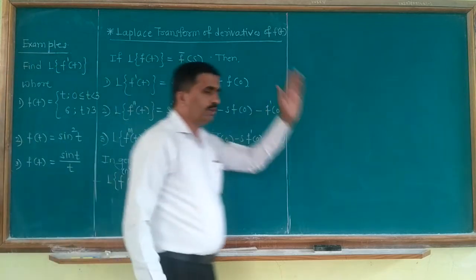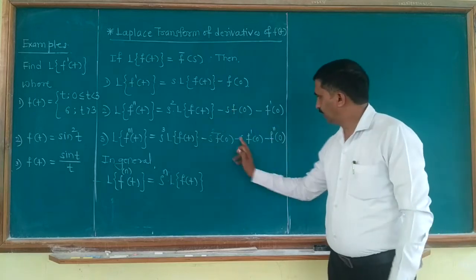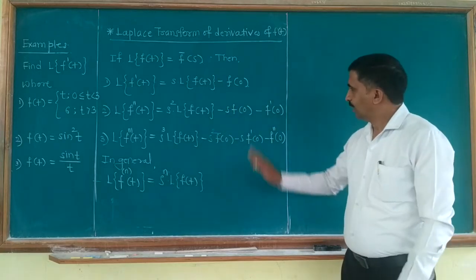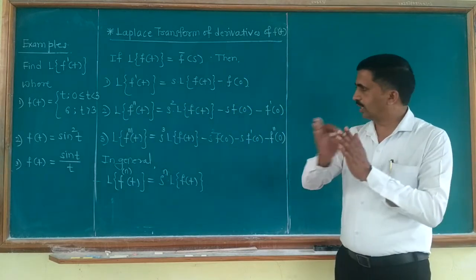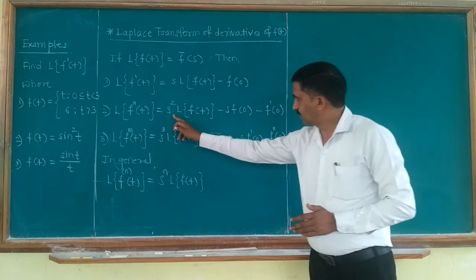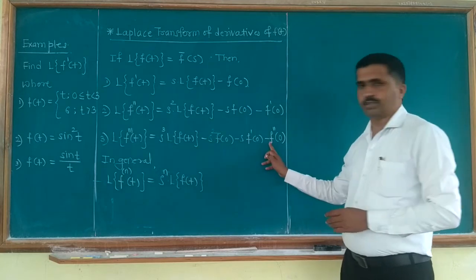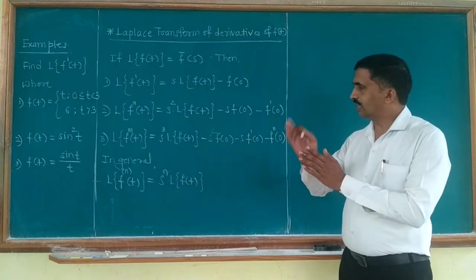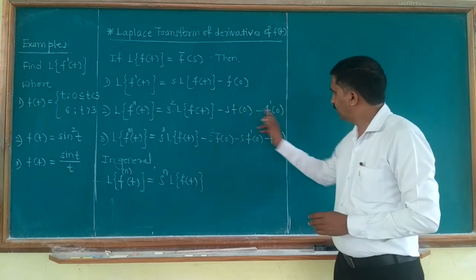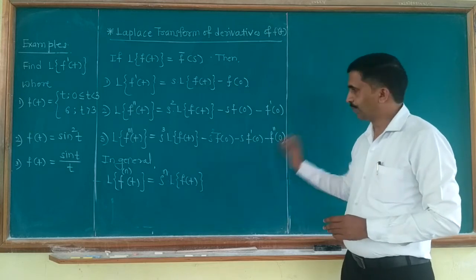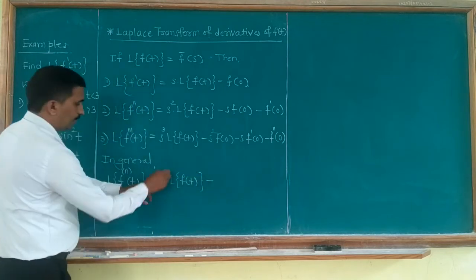Now check the remaining terms. In the remaining terms, all the signs are negative. Now if you check the powers of s, you observe that the powers of s are decreasing. Here s square is there, s is there, then s raised to 0. Here s cube is there, s square, s, and s raised to 0. So the power of s decreases by 1. And here you have to start from f of 0, then f dash 0 and f double dash of 0. In this way, you decrease the power of s by 1,